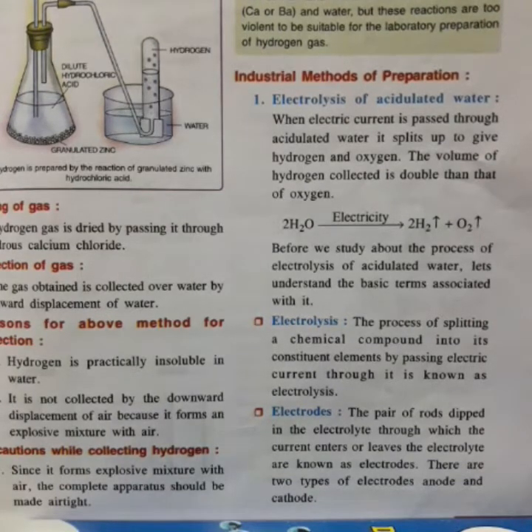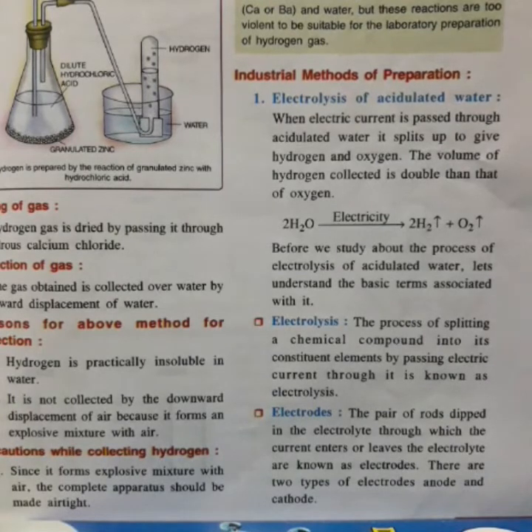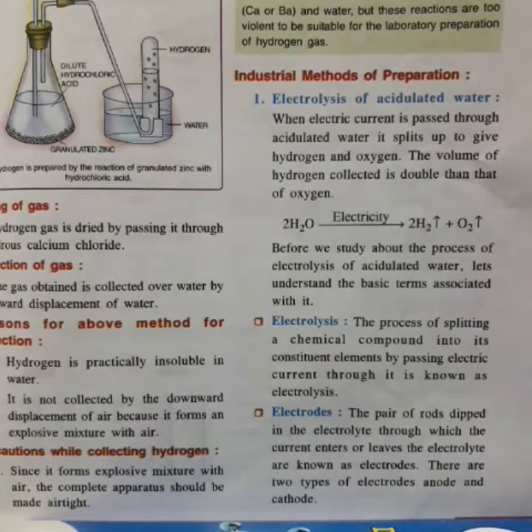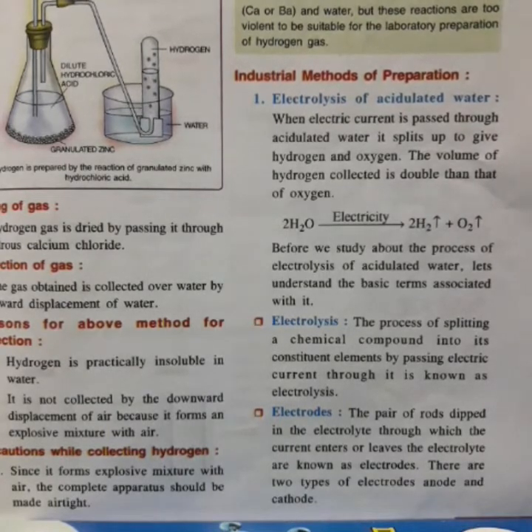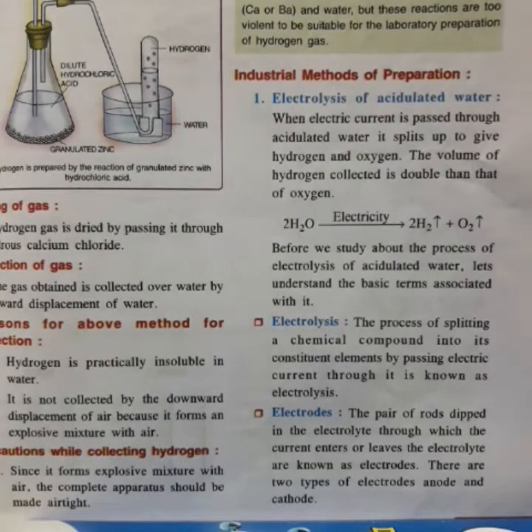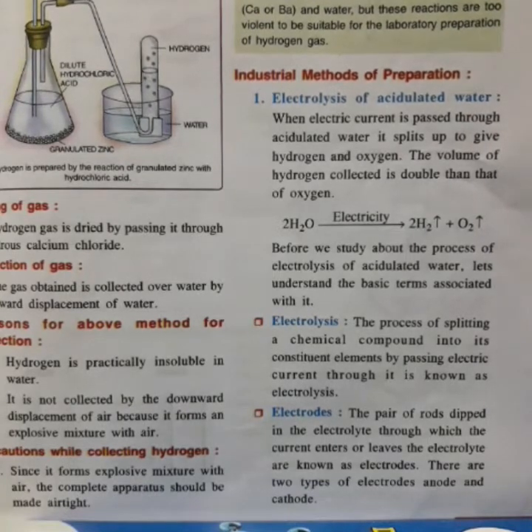Now granulated zinc is placed in the flask and dilute acid is poured with the help of the thistle funnel. So what will be the first observation? A brisk effervescence is seen. Why? Due to release of hydrogen gas. Zinc reacts with dilute acid, whether it is hydrochloric acid or sulfuric acid, to form salt and hydrogen. So this effervescence is seen due to release of hydrogen gas. Okay, this is clear.